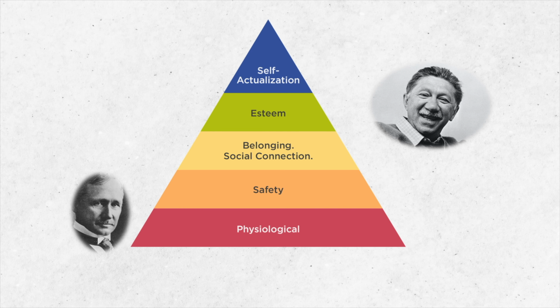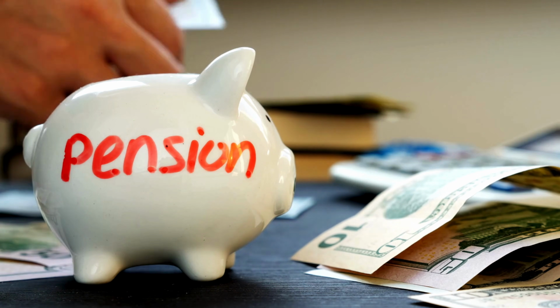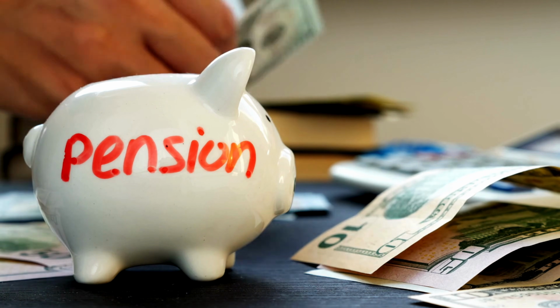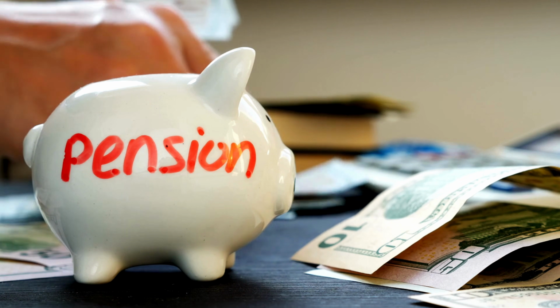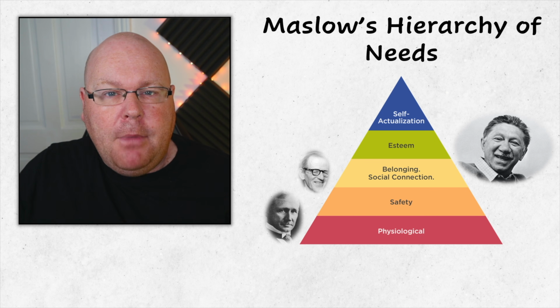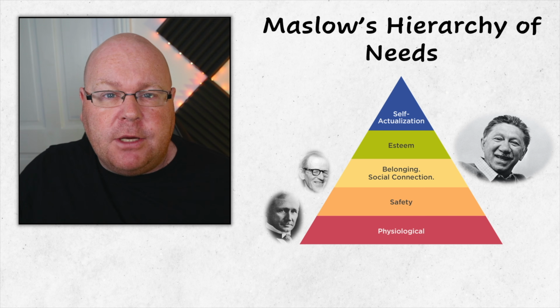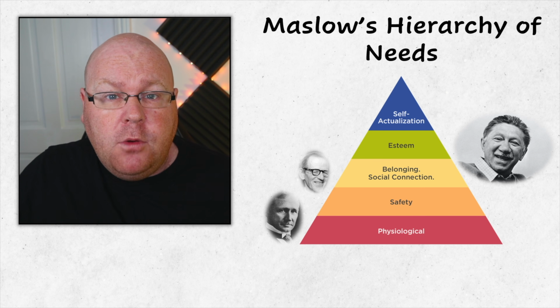And the next level up is the need for safety. People now are motivated by the need for security in their work. Things like a permanent contract or a pension, so that they don't just have an income today, but they have an income in their retirement as well. But just as with our physiological needs, Maslow came up with the theory that once our safety needs are met and we're paying into a pension and we feel like we have some longer term security, that stops motivating us,